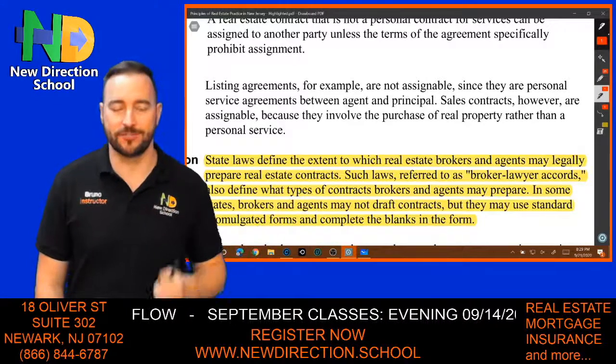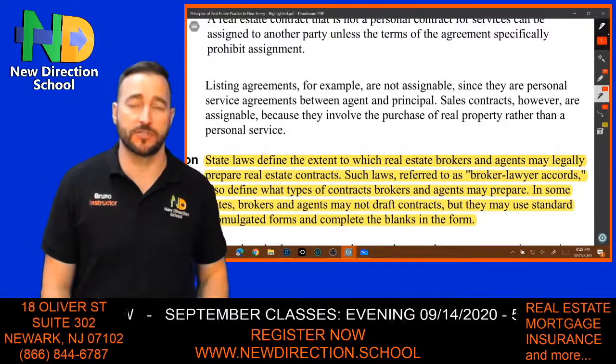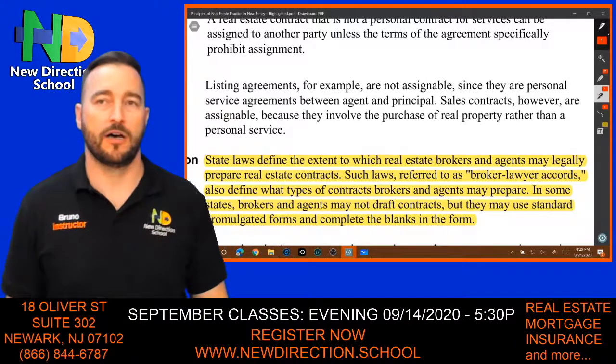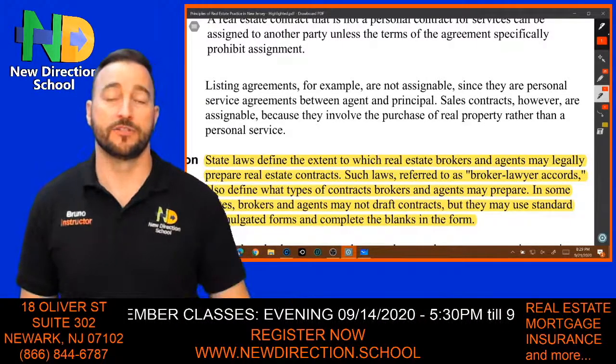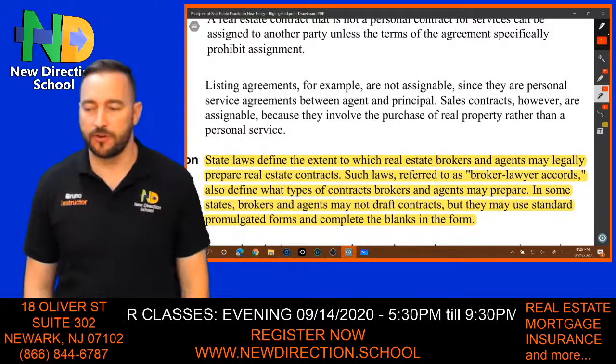Contract preparation. Now, state laws define the extent to which real estate brokers and agents may legally prepare real estate contracts. Such laws referred to as